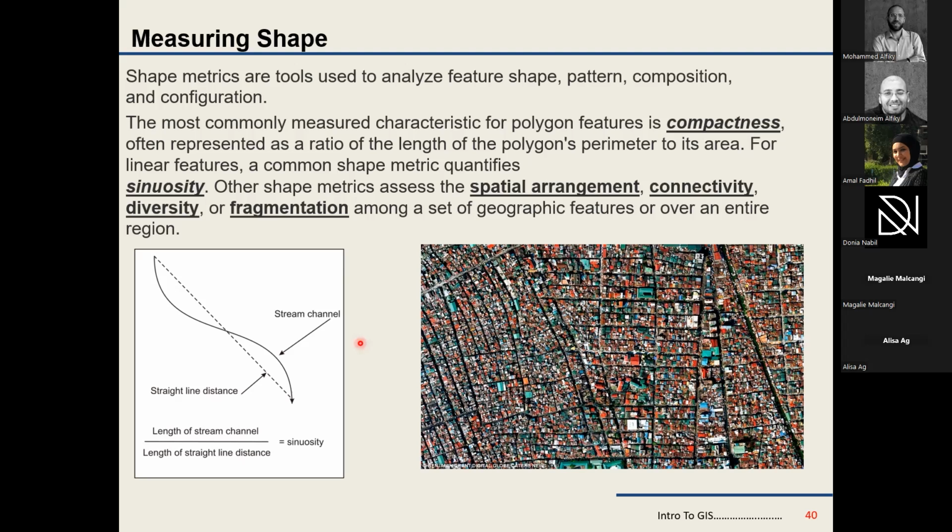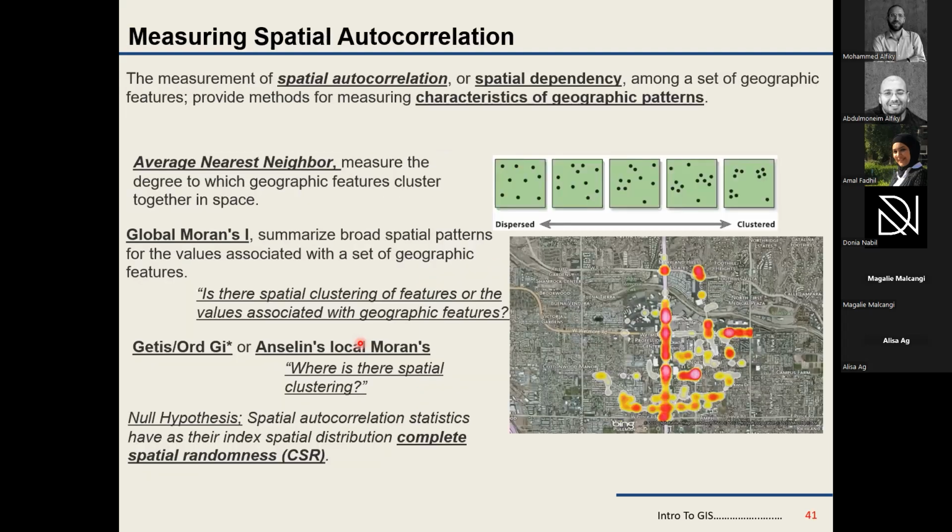Another thing we study is spatial autocorrelation. As we said, spatial autocorrelation and spatial dependence are one of the major factors that make the difference between classical statistics and spatial statistics. We want to measure the spatial autocorrelation. We want to measure the spatial dependence. When I check the spatial autocorrelation, I'm basically checking: is there clustering in my data? Is some form of characteristic to the pattern